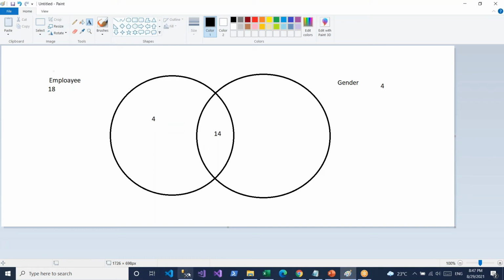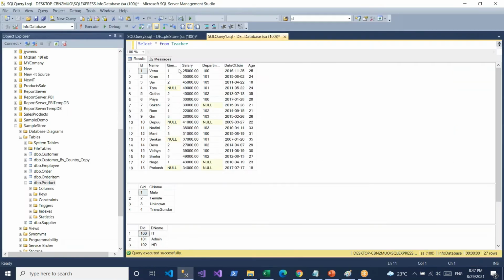Okay, coming to this part. See how many genders we have? 4 genders, right? 1, 2, 3, 4. But if you look, no 4 will be there. Only 1, 2, 3 will be there, meaning male, female, unknown. Transgender is not there. So one value is not mapped to any employee.